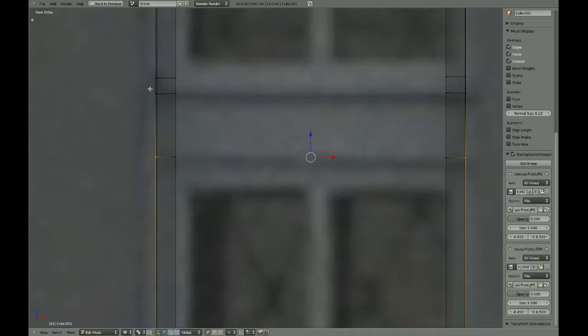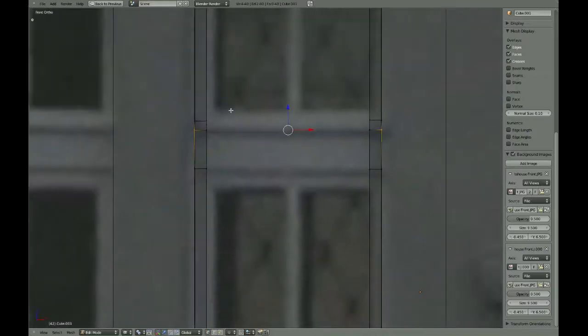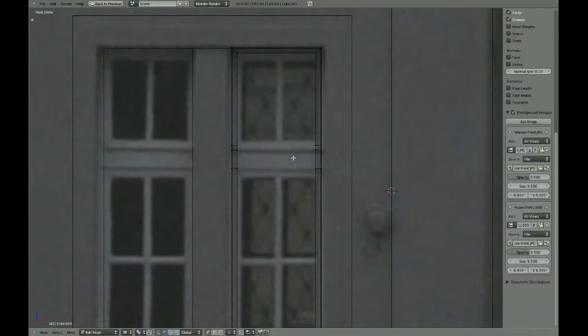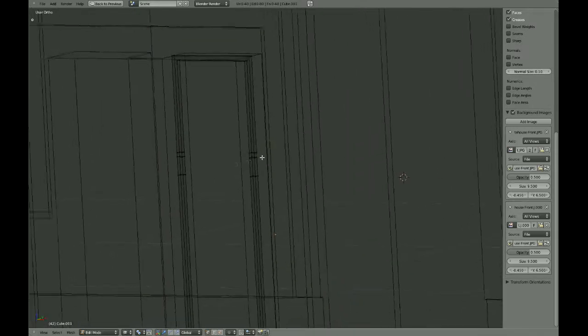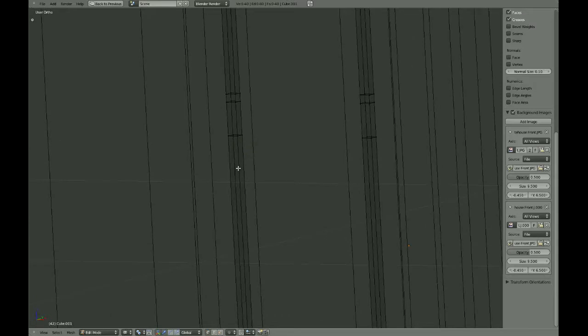I'm just going to press A, press B, and then straighten these ones out too. Okay, so now we've got flat sides there. Okay, so press A, and then we're going to sort of shimmy round a little bit so we can see these faces. Okay, and we'll Control Tab into face mode,